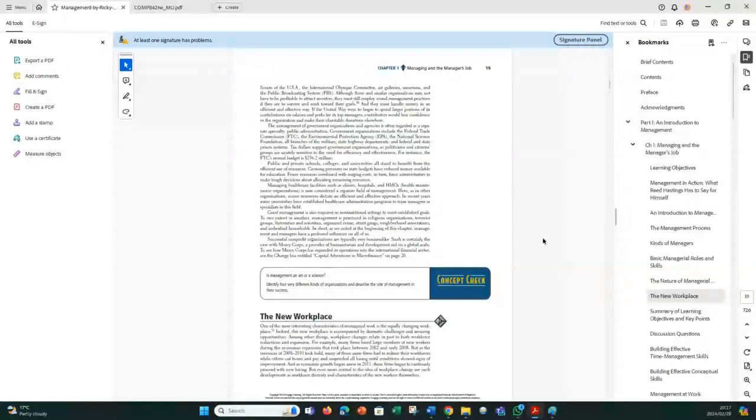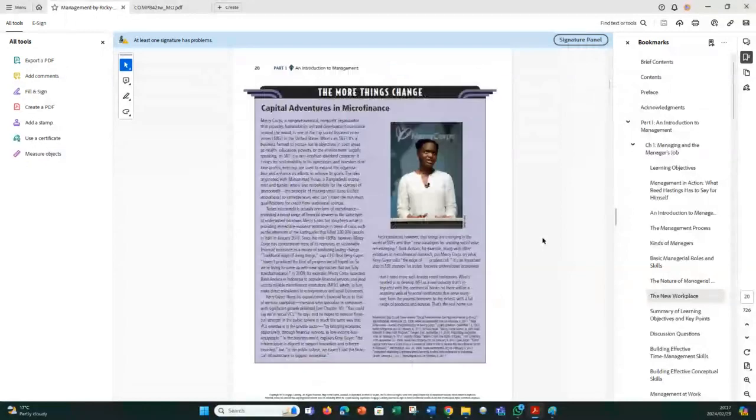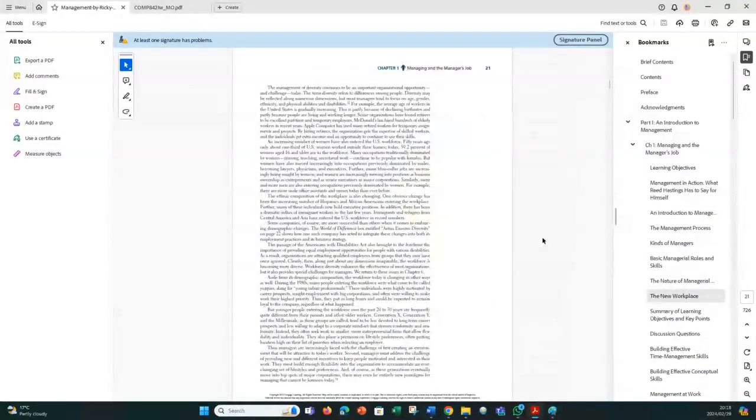So it is the new workplace. I honestly thought when I did this assignment that this fit really well with the case study. So you're looking at pages 20 and 21. And you'll see here in terms of the challenges, management diversity. If I look at this group and I look at surnames, I think this is quite a diverse group of people. Anyone on here that is not living in South Africa?